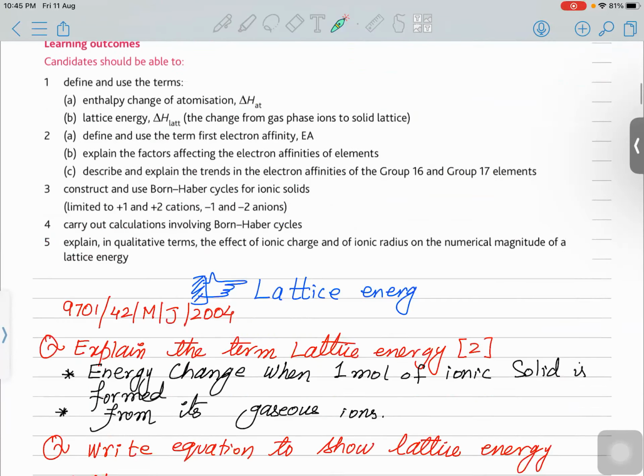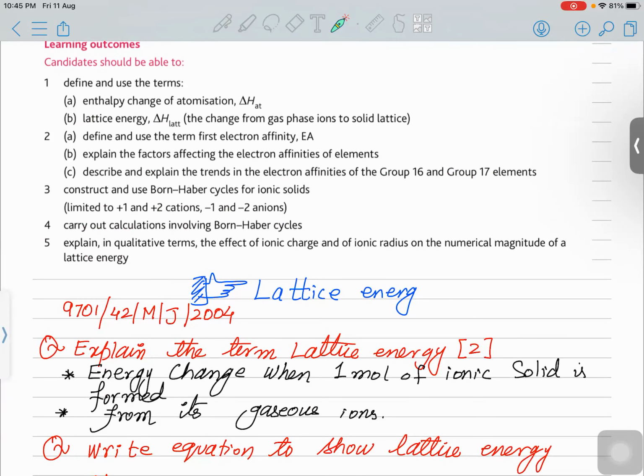So first topic is lattice energy, right? First question is lattice energy. Now make the heading lattice energy. So what is lattice energy? 9701 variant 42, May June 2004. Examiner asked, define the term lattice energy. So always remember